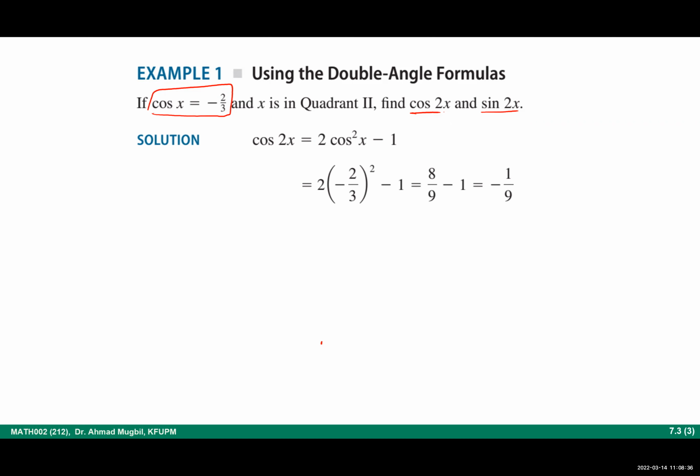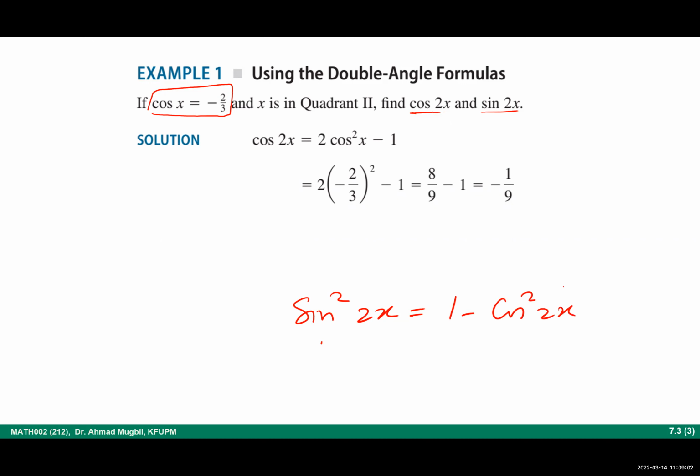Now, how to find sine 2x? You need to find sine 2x. You can do it in two ways. Method number one. Square root of 1 minus cosine squared. Again, square root of 1 minus cosine squared. Cosine squared what? x. No. The value that we get now. Cosine squared 2x. Yeah. So one way is to use this formula, sine squared 2x is 1 minus cosine squared 2x,